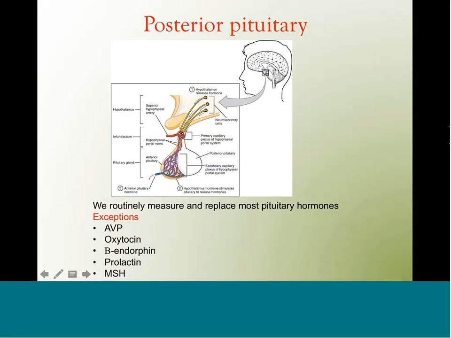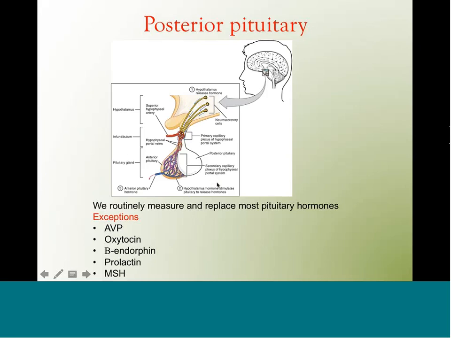And you can see another view here. The hormones go down from the hypothalamus into these hypophyseal portal veins over here. It goes to the posterior part of the pituitary, and there are these venous plexuses here. The hormones go out from both the anterior pituitary and the posterior pituitary to the bloodstream.